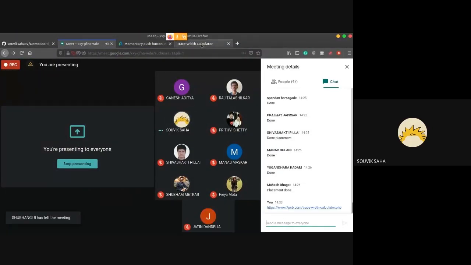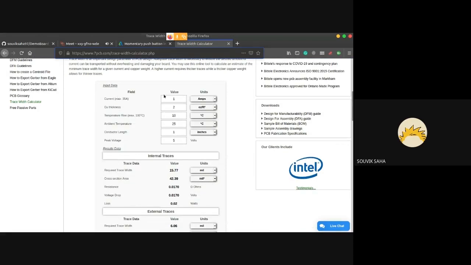Check it out. Here you will see some input data like maximum current, in amps. Our current will barely carry, say 50 amps is an overstatement, but still 50. And we don't want the temperature to rise above more than 25.